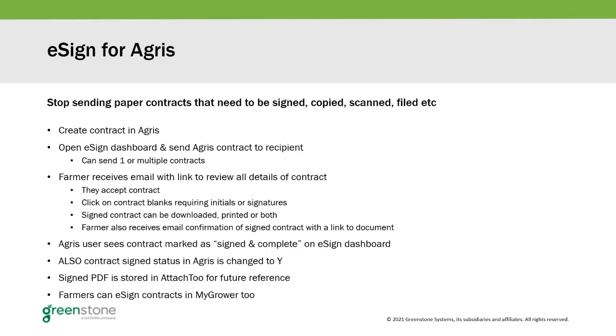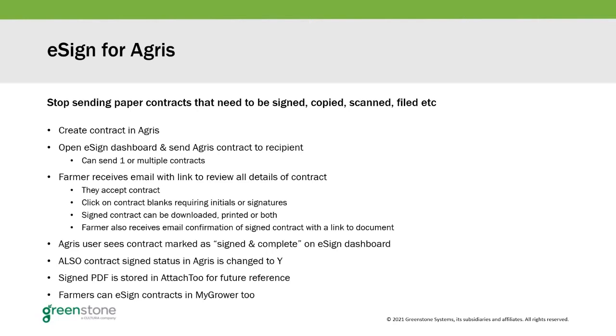When your customer or farmer receives the email, it's going to have a link with all the details of that contract. They open it, review the documents. The very first time, they'll have to do some acceptance to use ESign, but after that, they're all ready to rock. They'll click on the contract blanks as they scroll down through the contract itself. And if initials are required, it'll put the person's initials in. If a signature is required, it'll add a signature. Once all of those boxes have been checked,